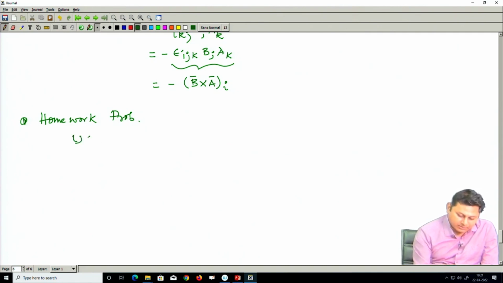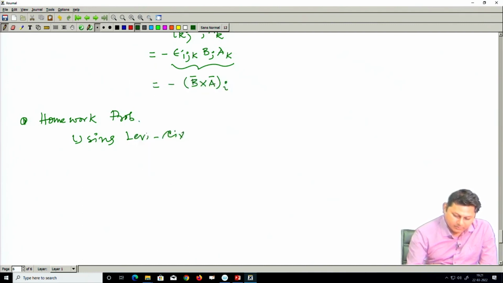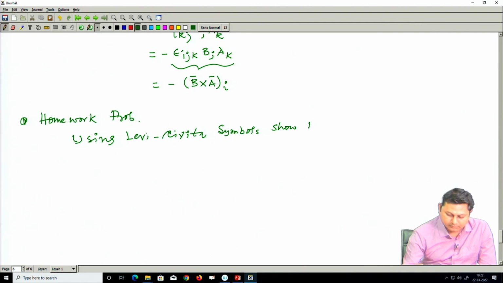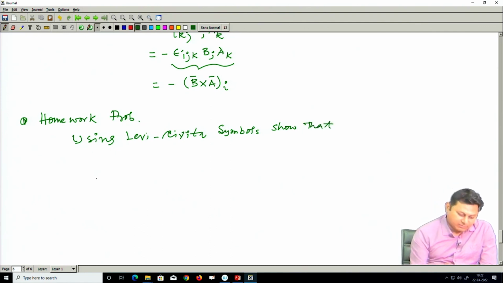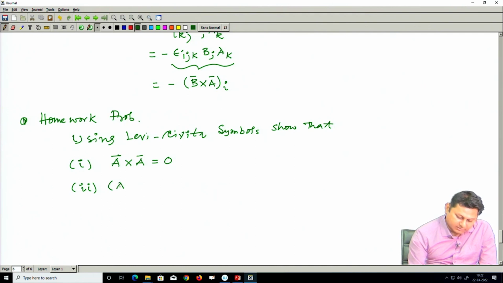The problem is: using the Levi-Civita symbol, show these two vector identities. First, A cross A is 0, and second, this bigger identity: A cross B dot C cross D